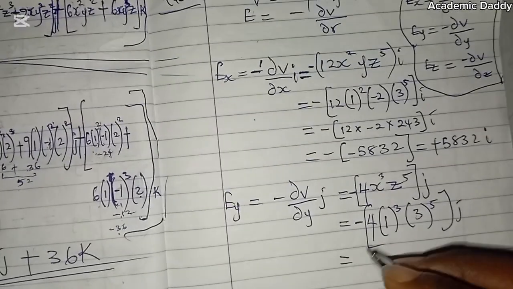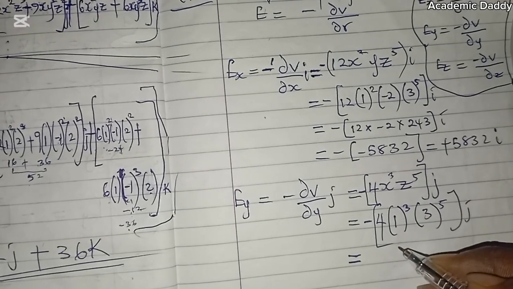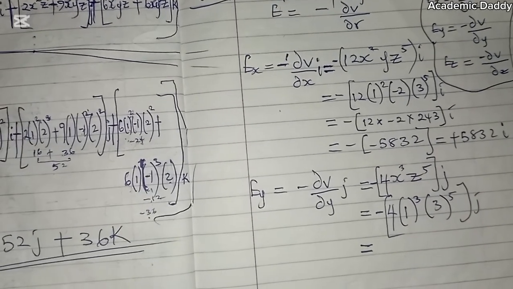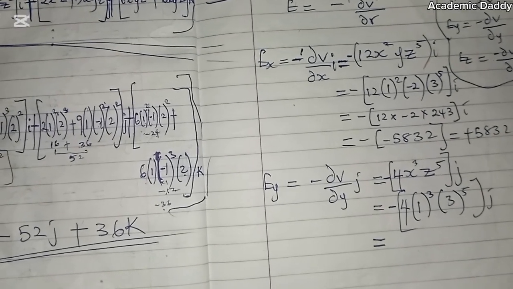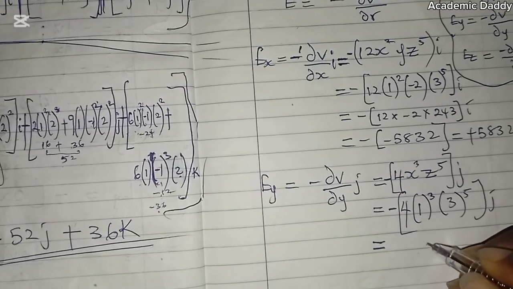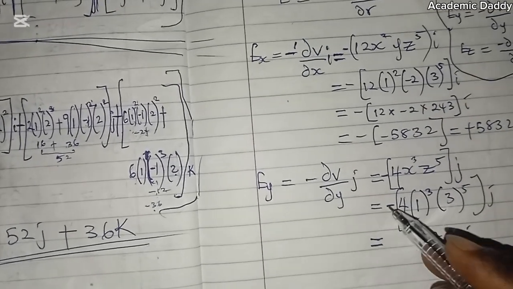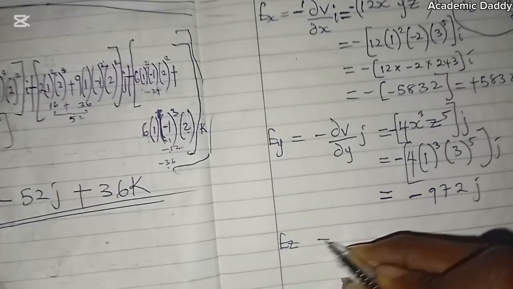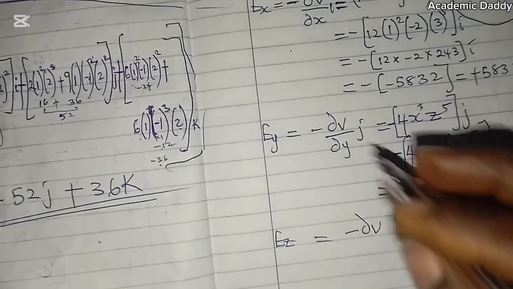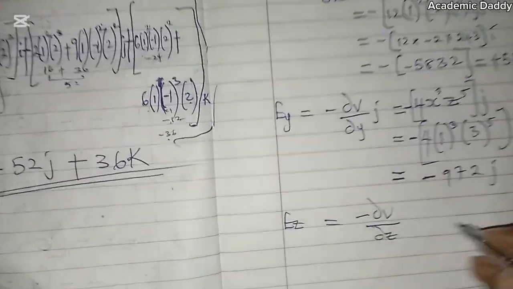So this will be the same thing as saying 4 times 243. 4 times 243 equals to 972j, and it's having negative sign. So negative 972j. So on the z-axis, Ez is equals to negative change in electric potential with respect to z